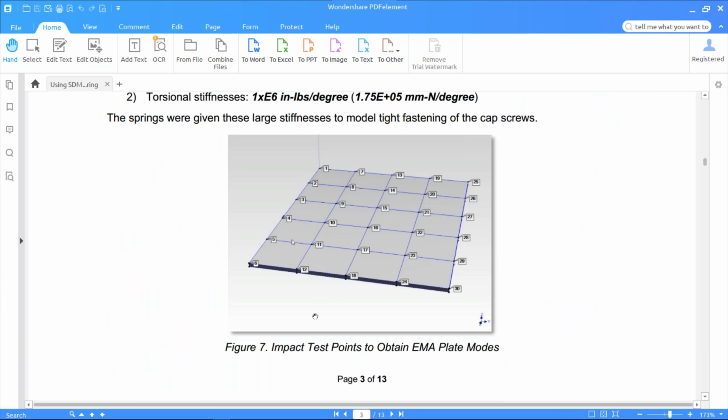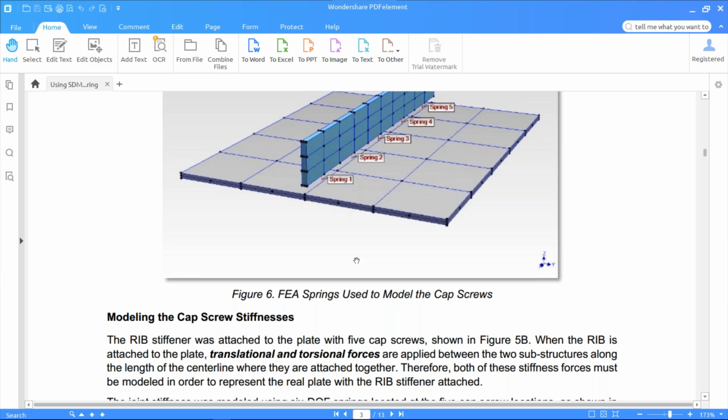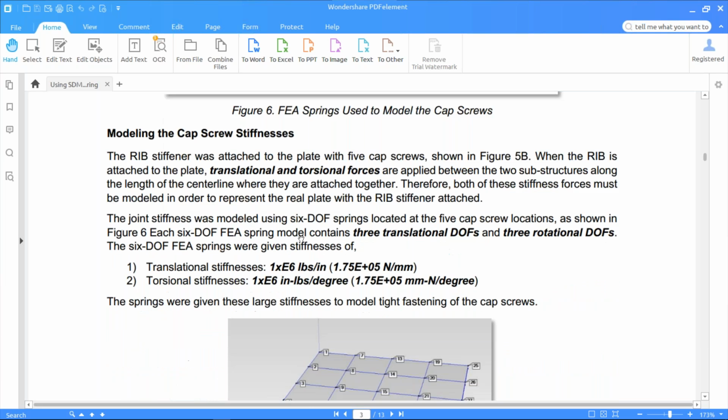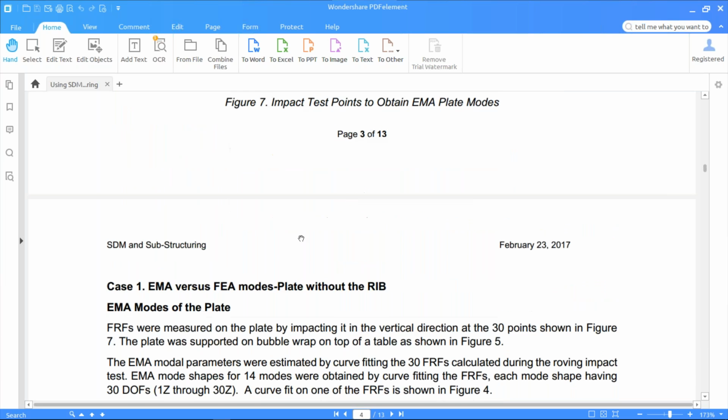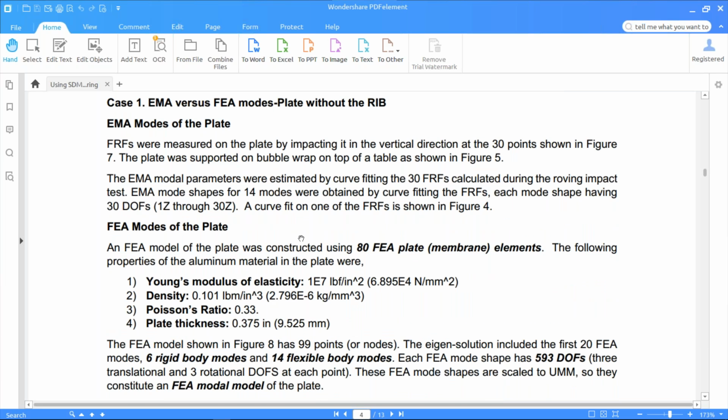These are the impact points, 30 impact points. That's plenty of experimental data, but you'll notice that we didn't even impact the plate at the same points where the rib is attached with the screws. In other words, the screws are in between. So that's where we're able to take advantage of the FEA data. And down here, we're going to solve for FEA. Here's a description of the FEA